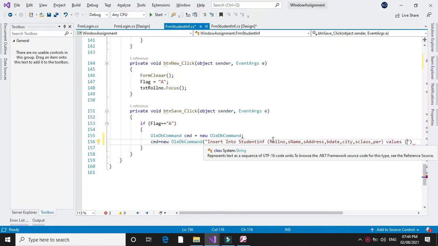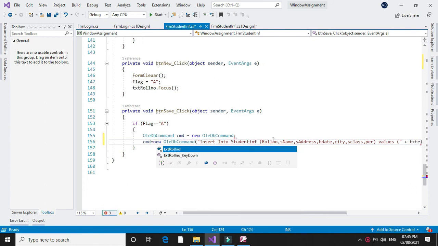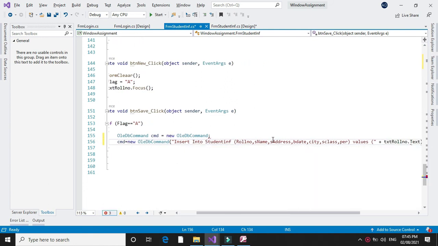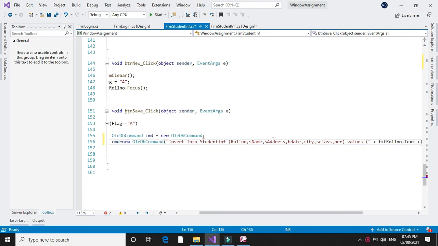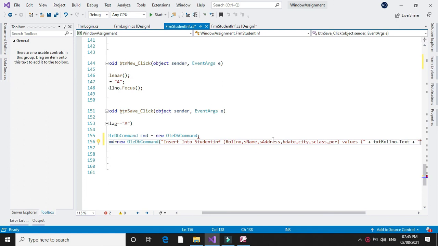Roll number is an integer value, so we will give double quote plus txtRollNumber.Text plus double quote, then comma.